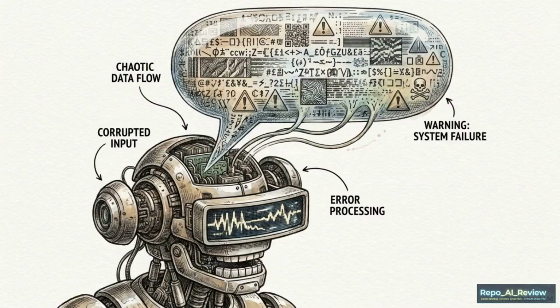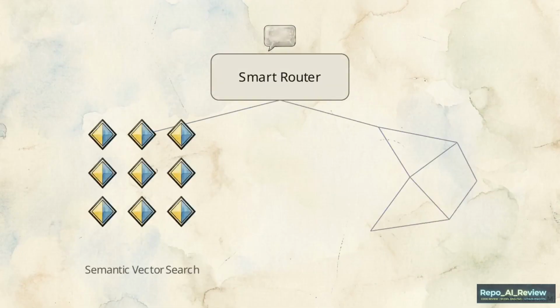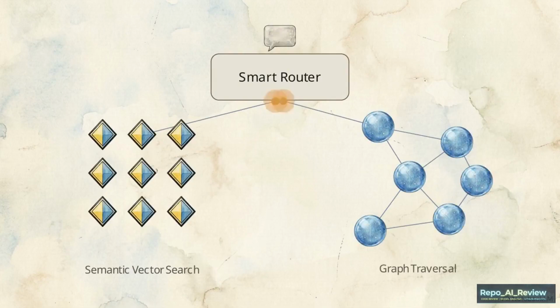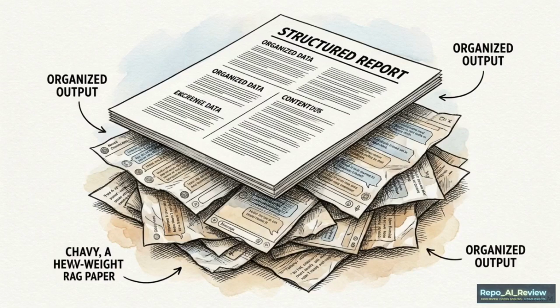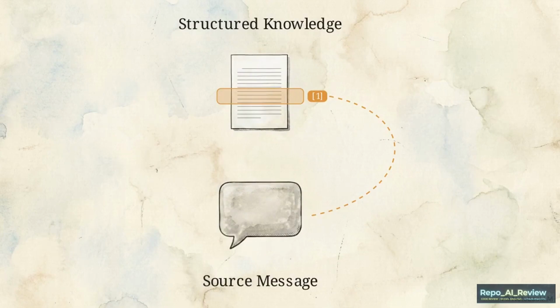The reason for this complexity is to address the accuracy issues found in standard AI chatbots. A smart router directs every question to either a semantic vector search or a graph traversal, depending on what the user is asking. Graph-aware reasoning allows the system to answer relational questions, like who worked on Project X, which often cause standard vector-based AI to fail. Retrieval operates against the distilled wiki pages, rather than the noisy chat history. This structure provides traceable citations back to the original messages for the claims the AI makes.